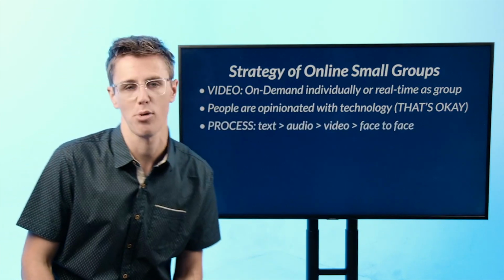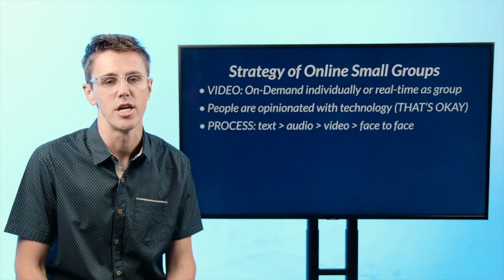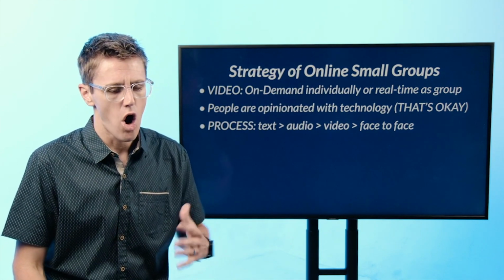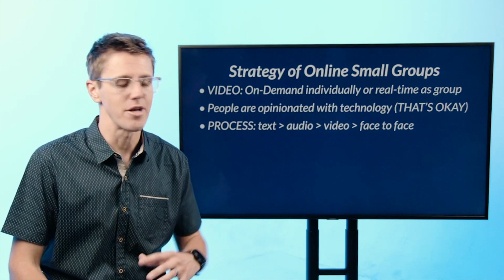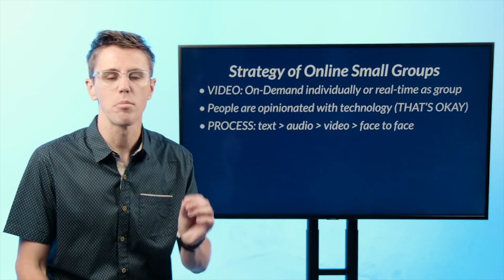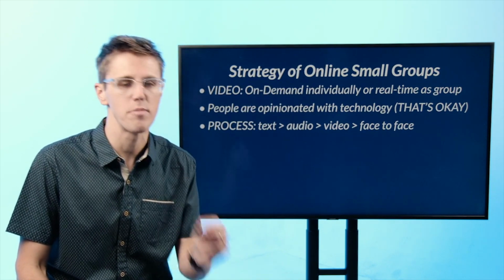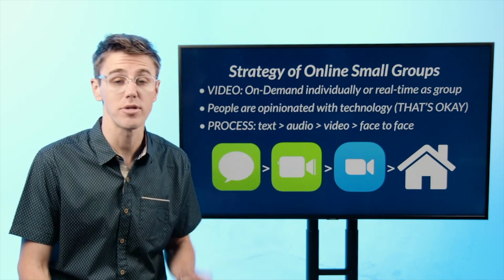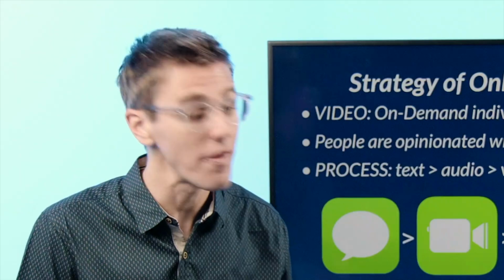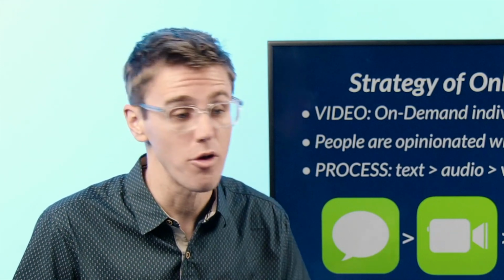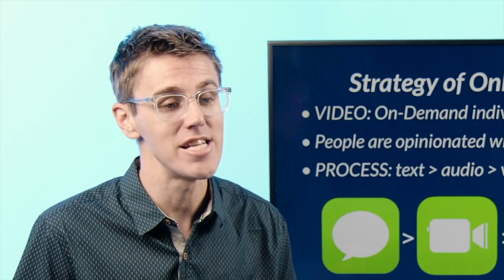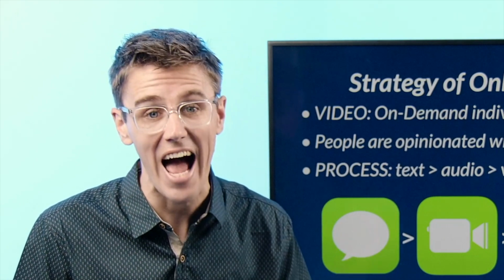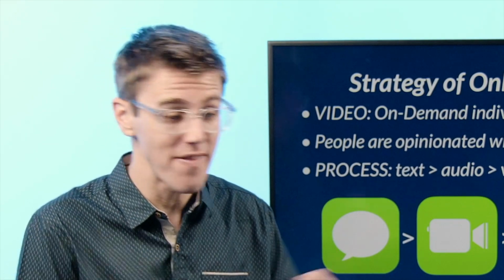The next one is that process is really important in our strategy. And I want to back up here because I think this is really important: our online small groups meet in all sorts of ways. But what's important is that we do shepherd them to an ultimate goal. What that looks like is we have a small percentage of our groups that meet text-based. For example, they'll get together on a Tuesday night and somebody will post questions and they'll use iMessenger or Slack or some kind of messaging platform and they meet.